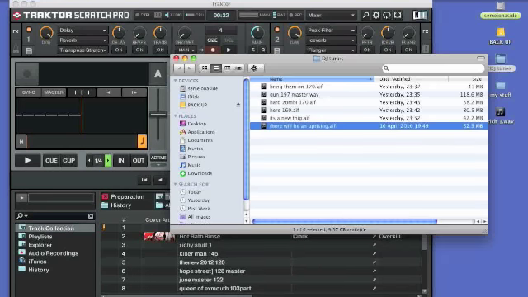So that is a very, very different selection of music, and goodness only knows how I'm going to DJ it,